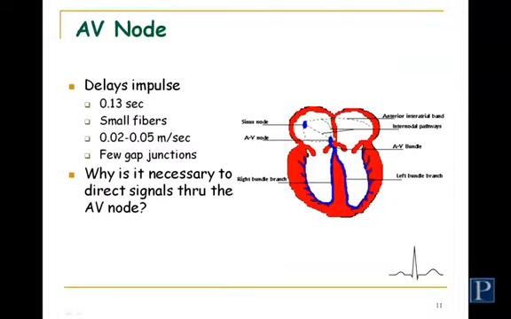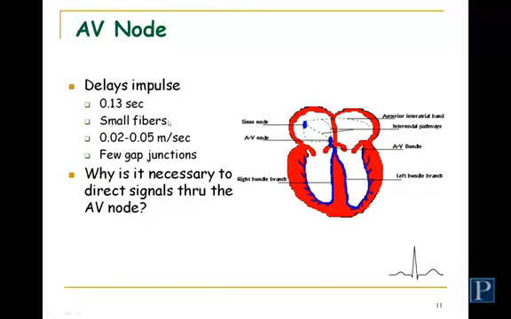So here, through this structure right here, the AV node, the impulse is delayed 130 milliseconds, which is 0.13 second. That number is going to come back later, so it's kind of an important number. So you get 130 millisecond slowing or a delay right here. So that allows these guys to contract and completely help top off those ventricles.